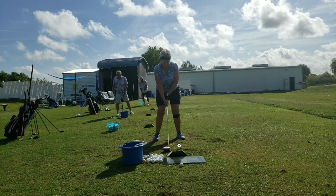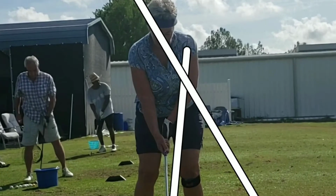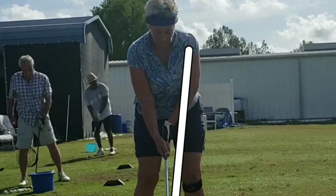We'd like to see the golf shaft run more up towards the lead shoulder. So our hands would be forward, and that would be in the center of her body. If we blow it up a little bit... Apparently I can't. Yeah, we can. We can see that the buttons are in a line. So if we come right down the button line, you'll see that in reality, her hands would be centered about up here. So we're gonna work on that a little bit